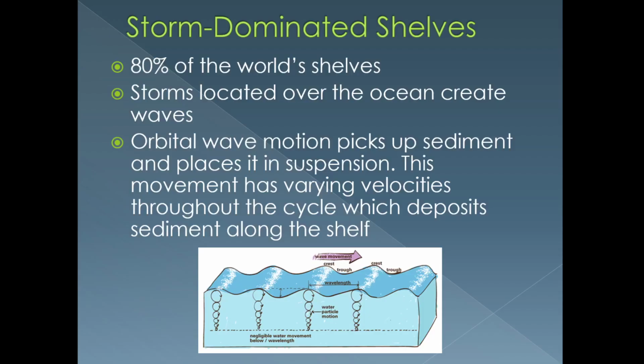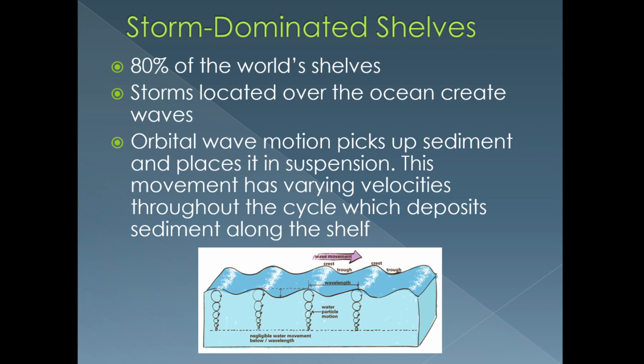So in storm-dominated shelves, 80% of the world is dominated by storm-dominated shelves. Storm-dominated shelves are very important due to this fact. We find storm-dominated shelves because one of the main forces that create ocean waves are storms. Different winds as well